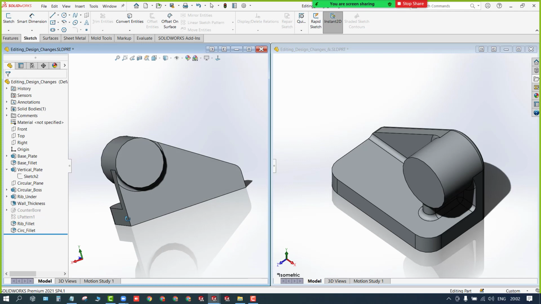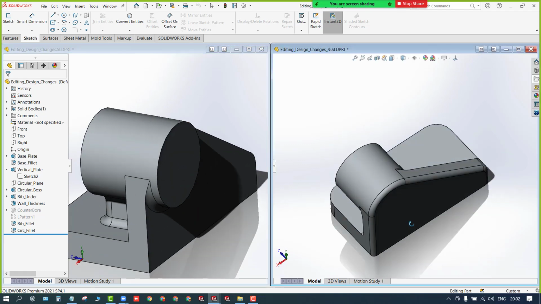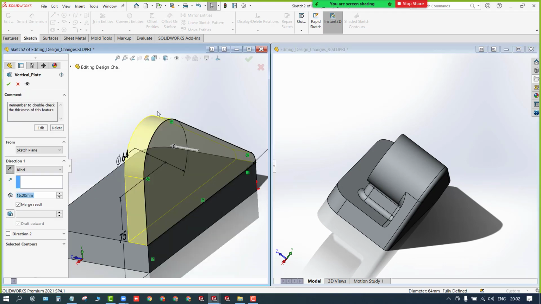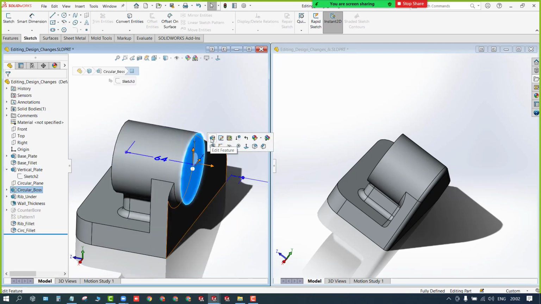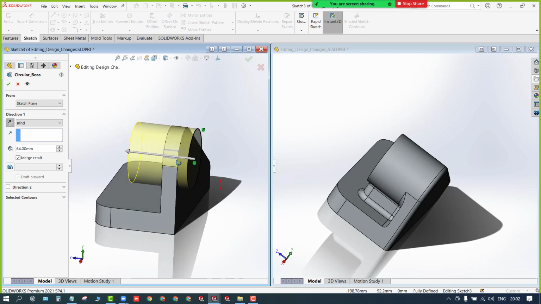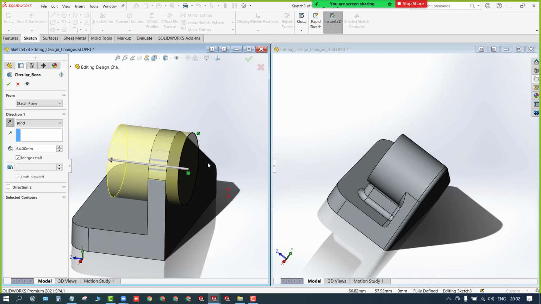But still you can see this is extended, but this is flat. So what you can do, you can select this one, edit the feature. Not this one, this, right? This has started somewhere else, from one of the planes, but I need this particular extrude to start from this face.